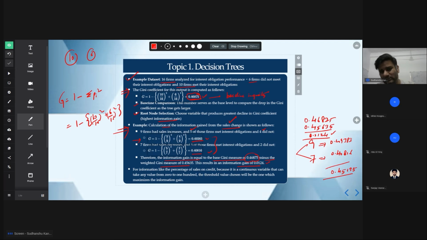Overall, what you need to understand is first understand how to do this numerical. We start with base impurity. We try splitting with variables. We calculate new weighted Gini, right? And the variable with the biggest reduction in Gini is chosen as the root node, right? So it is more of a method to choose your root node, right? So remember that also, right? Biggest reduction